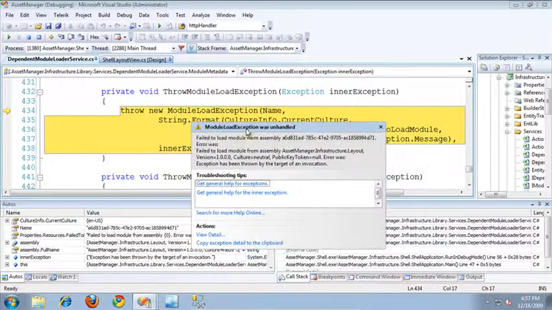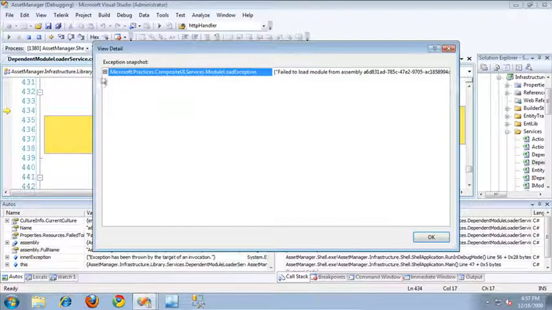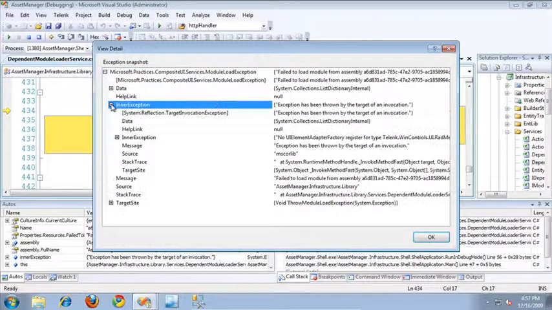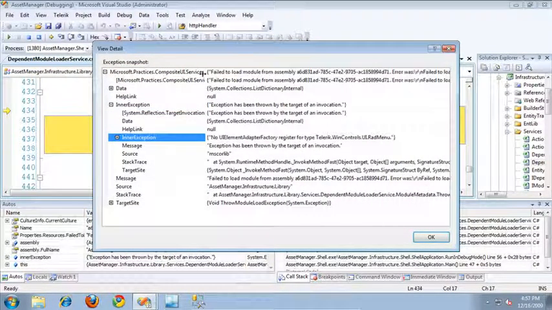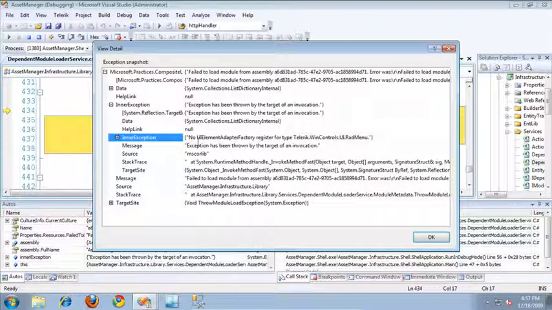Let's take a look at what the exception was. I'm going to click View Detail, and I'll expand a few of these inner exceptions. And here's the exception that occurred. The exception says no UI element adapter factory register for type Telerik.WinControls.UI.RadMenu. The reason that this exception occurred is that the